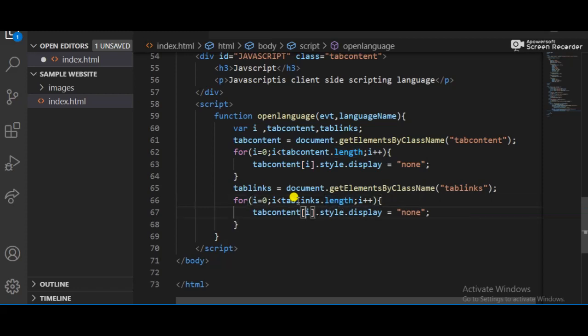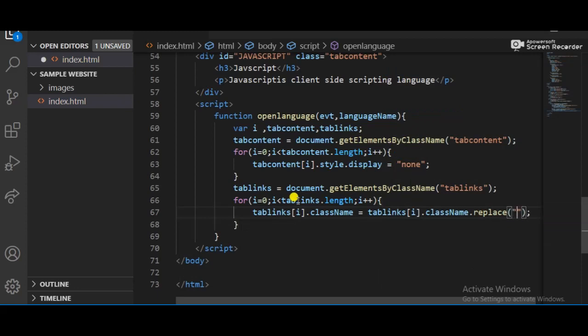So the tablinks, and the className will be replaced. The className is equal to tablinks with index i, and that is dot className dot replace, and it replaces active.